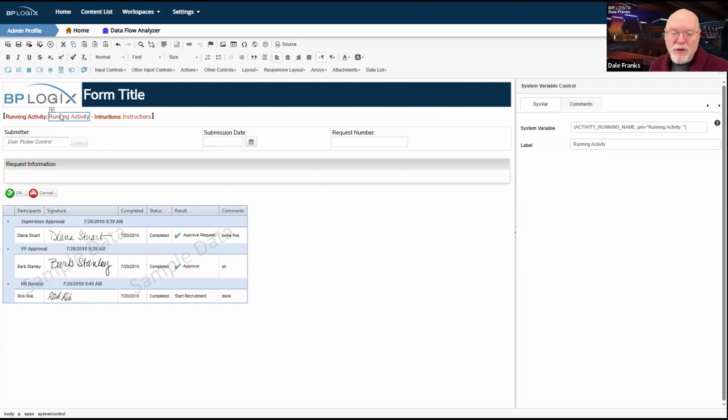So I could just drop both of these system variables here with the appropriate pretext. And if I do so, then they are not going to be visible if there is no value to show in that context. So in that case, I really don't need to encapsulate them inside an embedded section.